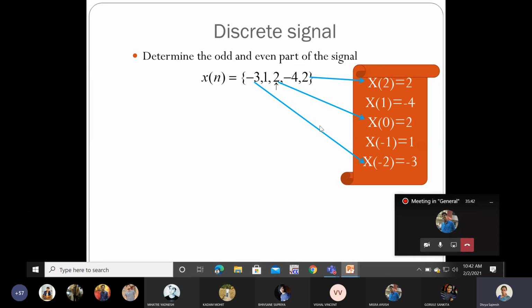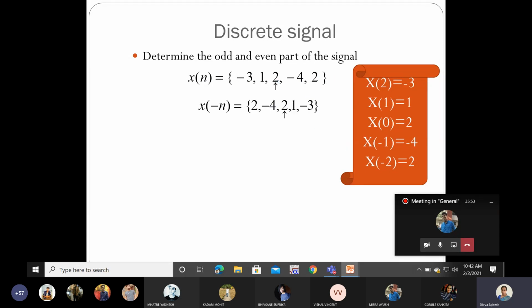So to get the odd and the even part, we need again the formula. We need x of minus t in the continuous case; here also we need x of minus n. We are just flipping the signals. Your middle signal will remain as it is, only the right hand side signal will come to the left hand side and the left hand side signal will go to the right hand side, whereas the signal at the origin will remain as it is. The remaining signals will flip to each other. So you can see there is an interchange happening here.